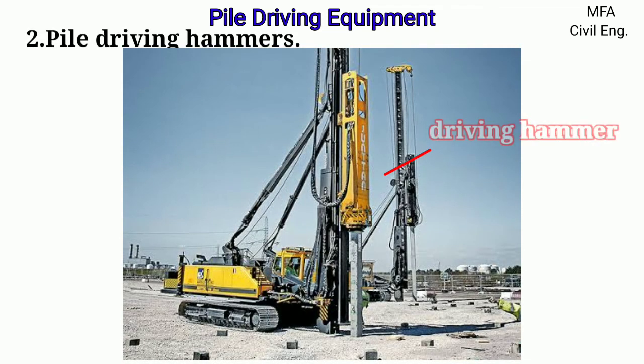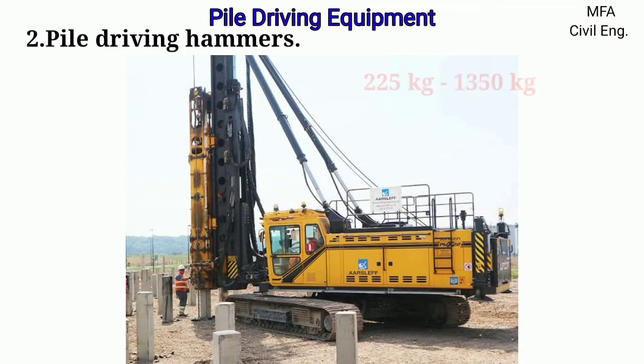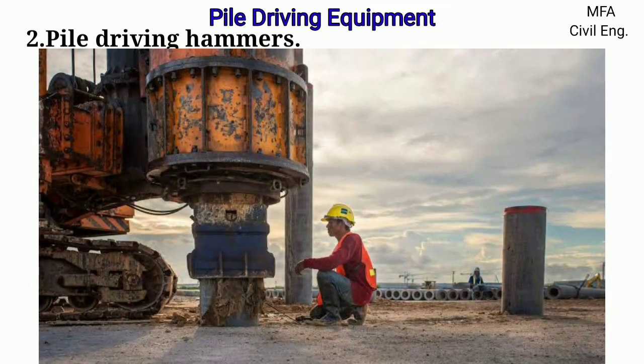The main function of the pile driving hammer is to furnish the energy required to drive the pile into the soil by dropping from a height. The weight of the hammer varies from 225 kg to 1350 kg, and the drop height varies from 1.5 meter to 6 meter. A heavy hammer with a small drop gives more satisfactory results than a small hammer with a